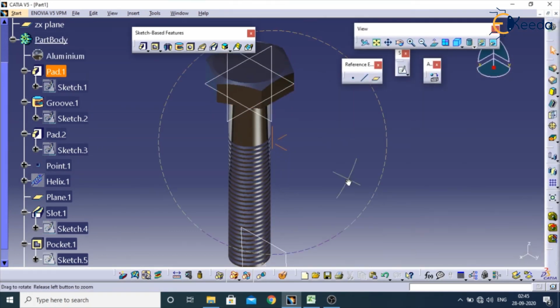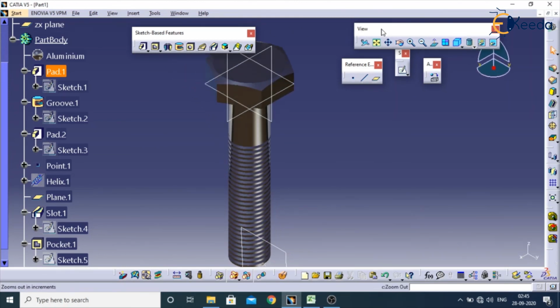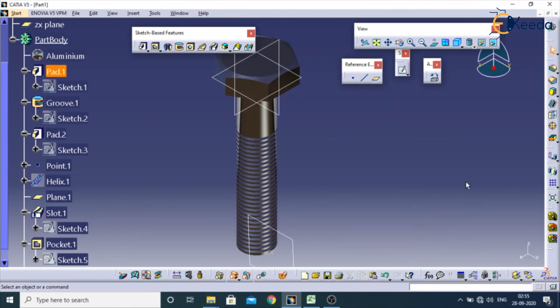Make sure if you want to show the metallic colors, in the view toolbar itself, this one should be on shading with material, then only the material will be visible to us. So like this we can create bolt threads in CATIA. In the next lecture we will see how to use stiffener and solid combine. Thank you.